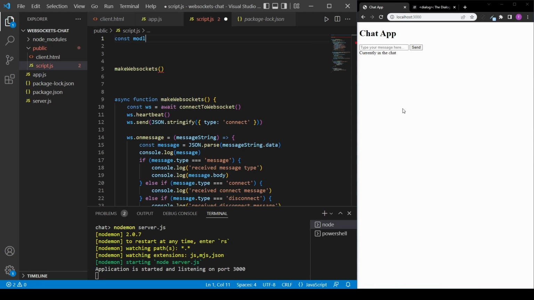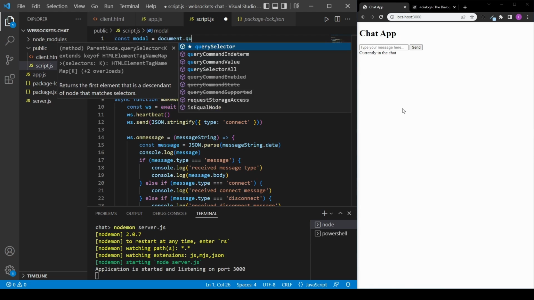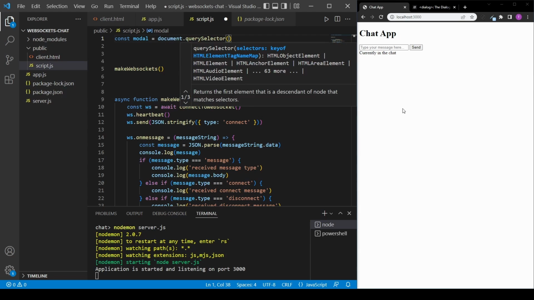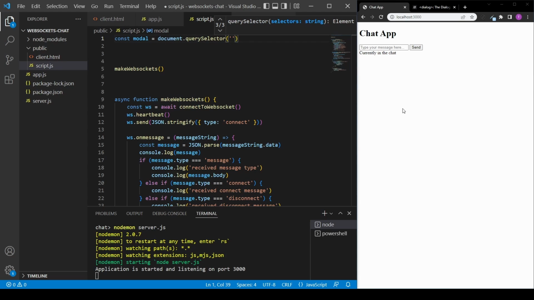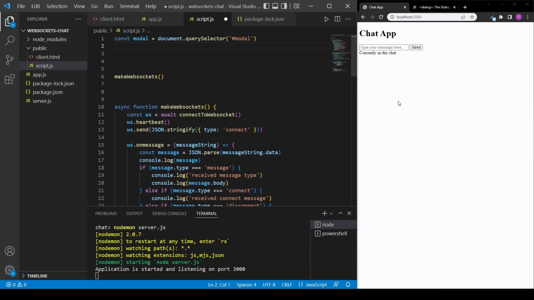So let's say const model, and here we'll get the model. So we say document.querySelector. And then here I like using the query selector. So here you can select by a class by using a dot, or you can also select by an ID by using hashtag. So we just say hashtag model, and here we'll get our element model, and also let's get the form that we have there. So form username